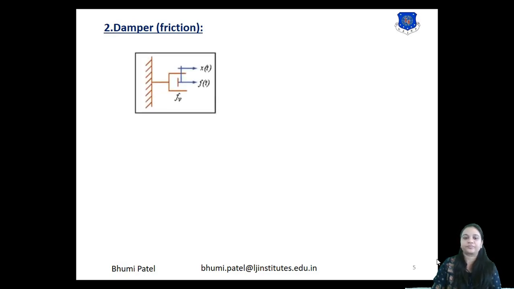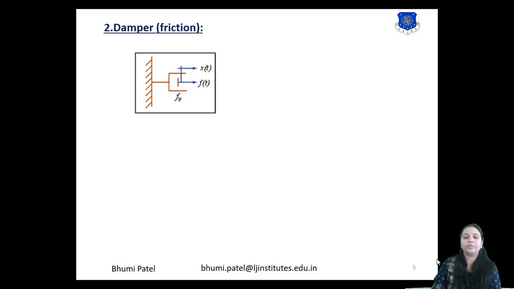What is a damper? A damper is where there is a motion between two physical elements. A damper is also known as friction. The friction force encountered in physical systems is usually of a non-linear nature. The characteristic of the friction force between two contacting surfaces often depends on such factors as the composition of the surfaces, the pressure between the surfaces, their relative velocity, etc.